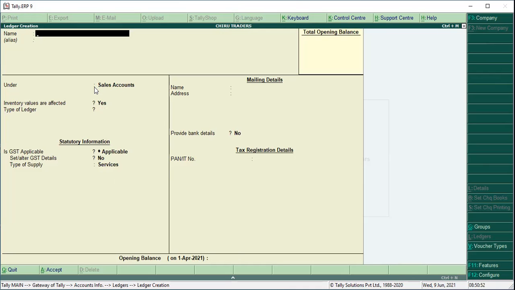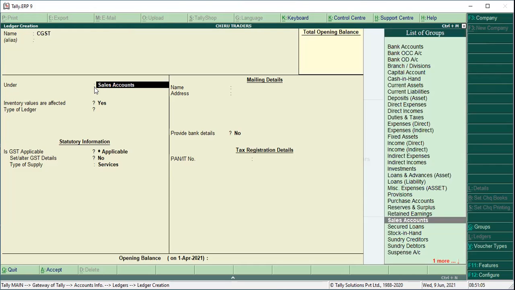Now next, you created the party name, you created sales, you have to create GST ledgers, duties and taxes ledgers. What is CGST? CGST. Because we are selling, we can also call it output CGST. We are not putting output or input, it is understood. If you're selling the goods, you have to pay output CGST or SGST. When you're buying the goods, you have to pay input CGST or SGST. Or if it is from one state to another state, IGST.